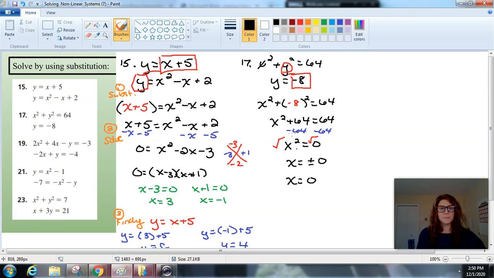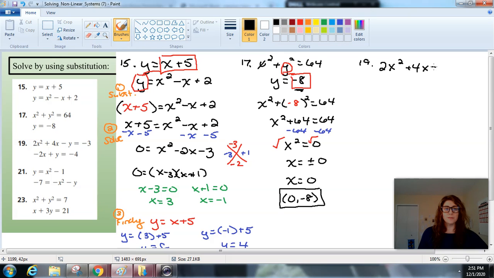And I don't have to worry about plugging anything back in because I already know the y. Y is -8. If you wanted to, you could plug in the 0 and get a solution, completely up to you, but we know that y is -8 from the given problem. All right, number 19. Number 19 is a little different because neither one of them says y